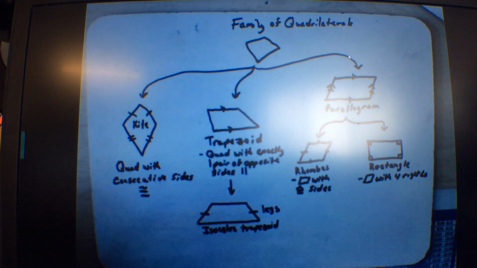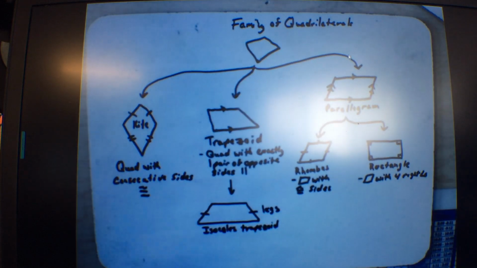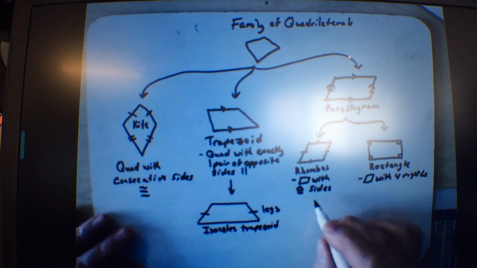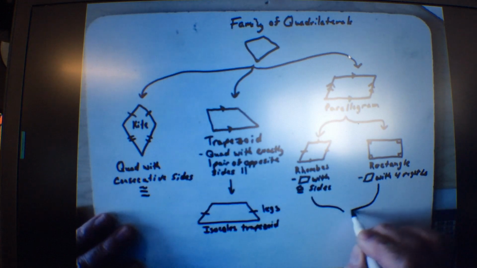So it means that the rectangle has all the characteristics of a parallelogram. That means its opposite sides are parallel, its opposite sides are congruent, its opposite angles are congruent, consecutive angles are supplementary, diagonals bisect each other, one diagonal separates it into 2 triangles that are congruent, plus it has 4 right angles. Okay? Now, if you put these 2 bad boys together and they have a little child,